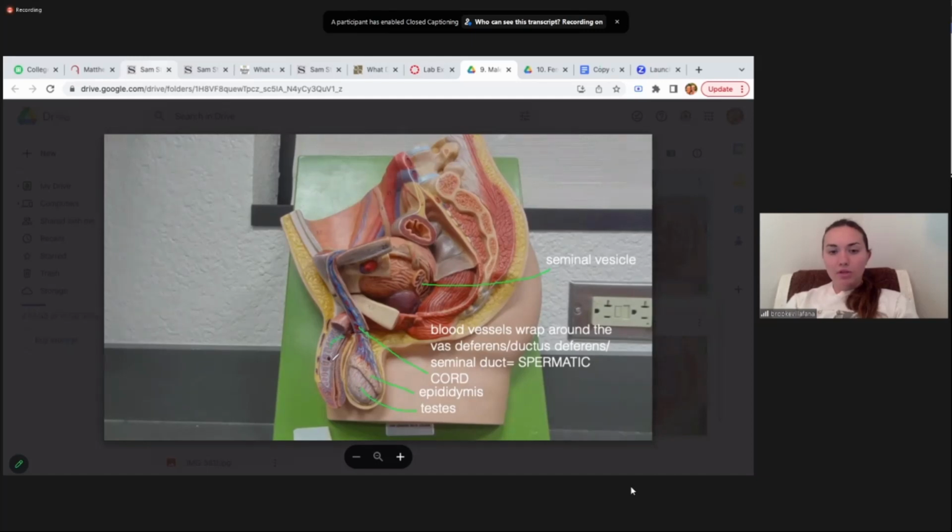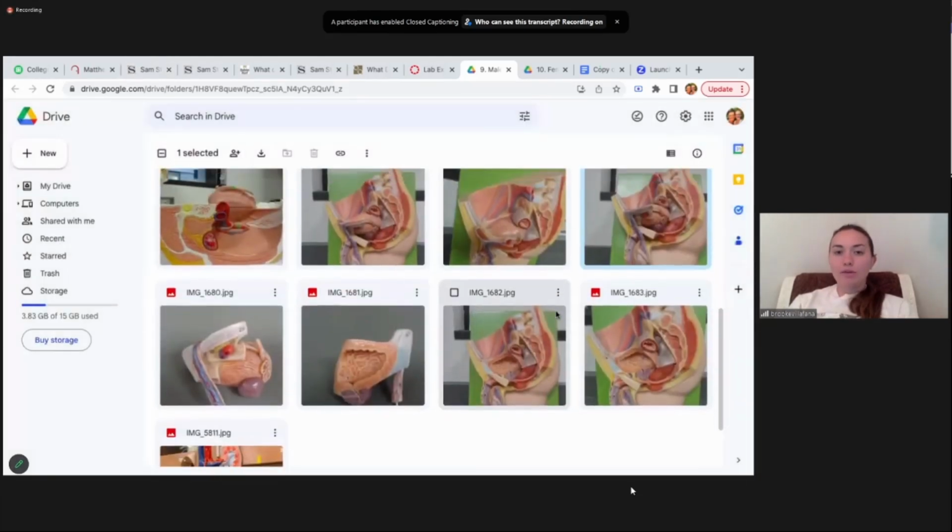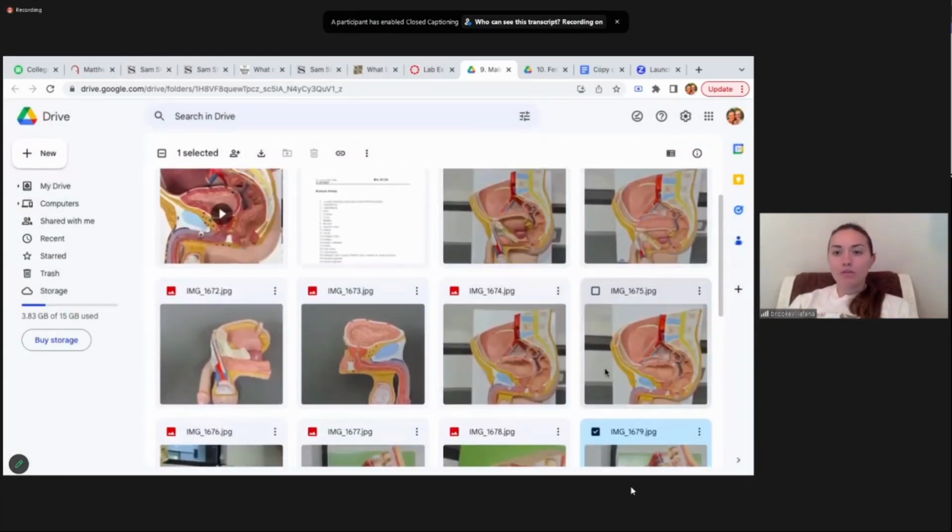This is like the spongy or cavernous urethra. Again, it's the same stuff. So I don't think I really need to relabel it just because if you have it on one, you have it on the other. But the spermatic cord is the one we like to test you with on this model because it's so much more obvious. If your professor just puts out the whiteboard model,